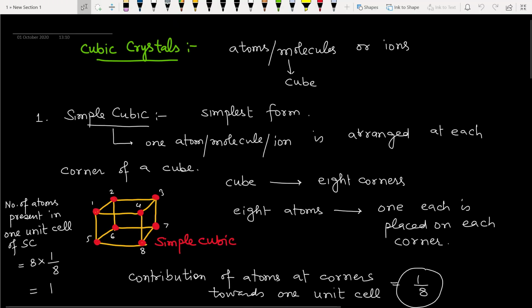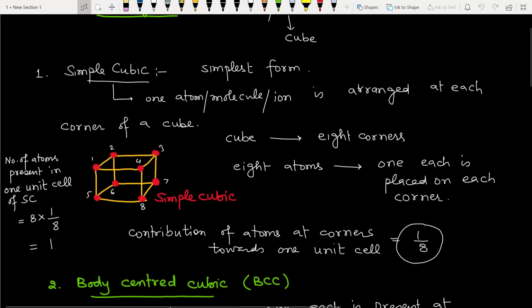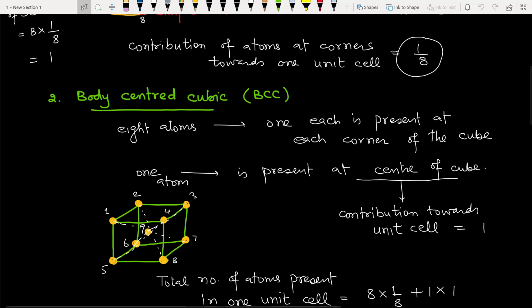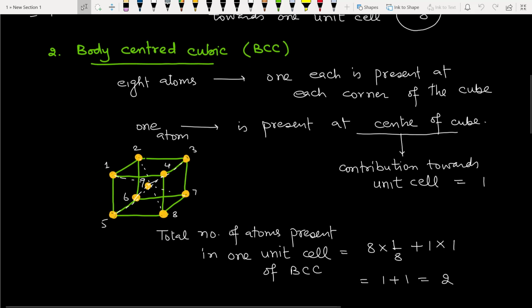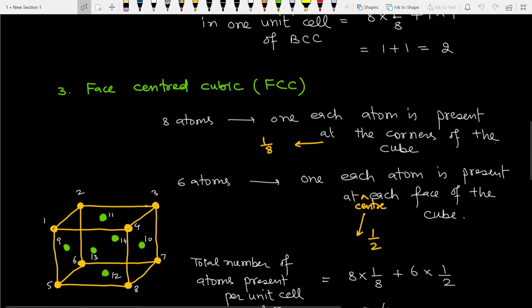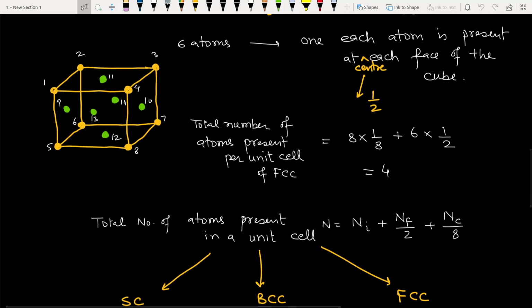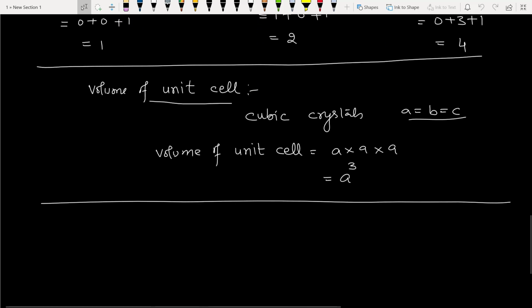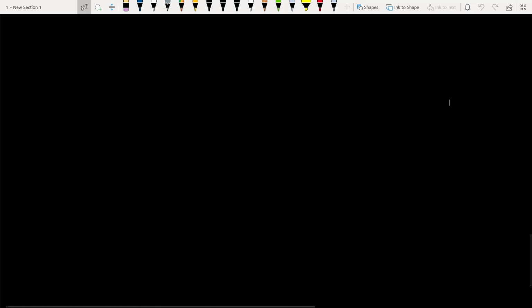So hello dear students, in the previous lectures we have studied about cubic crystals. We have studied a simple cubic structure in which atoms are present at the corners of the cube, then body centered cubic crystal in which atoms are present at the corners as well as the center of the cube, then face centered cubic structure in which atoms are present at the corners as well as at the center of each face. So in this we have studied about total number of atoms present in a unit cell, volume of the unit cell, and arrangement of the atoms in the cubic